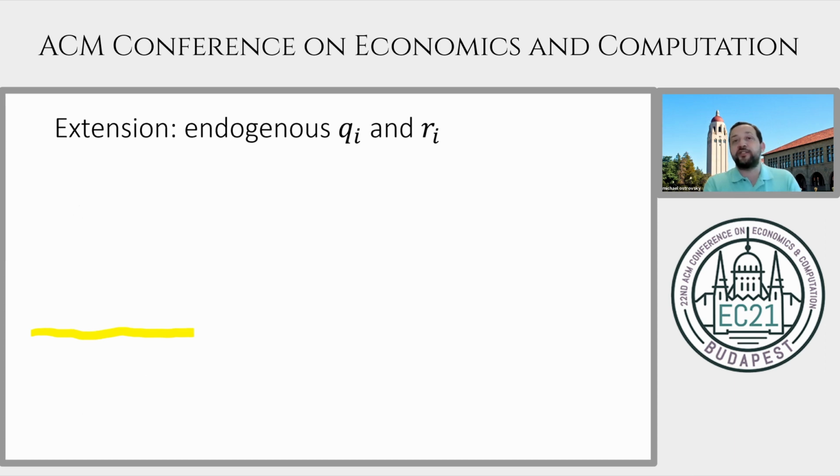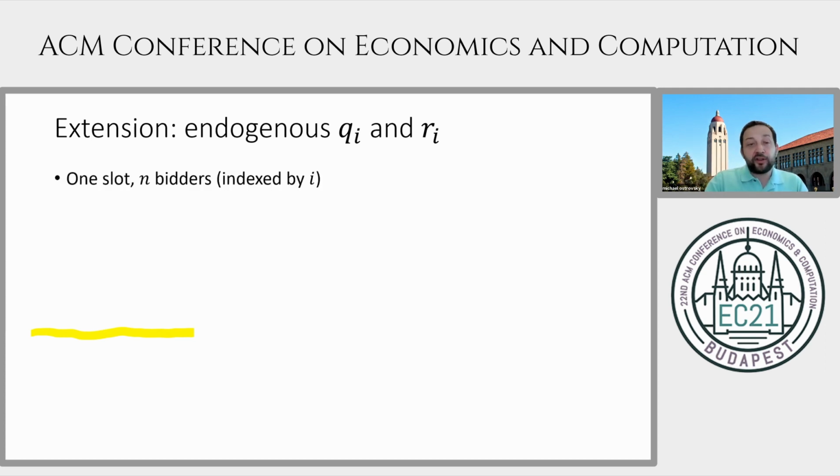Now, one extension that I look at in the paper is I endogenize Qi and Ri, right? So a platform may actually have some control. They may say, look, we're going to be more aggressive with showing ads that will make us less popular, or vice versa. We can do some things like give money to plant trees. There are search engines like that will lower our Ri, but may increase our Qi.